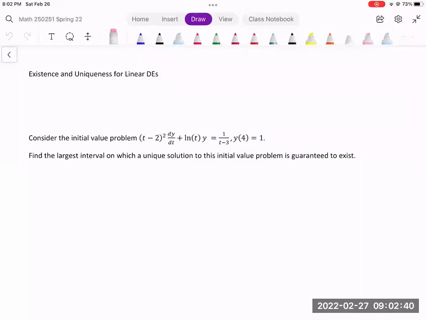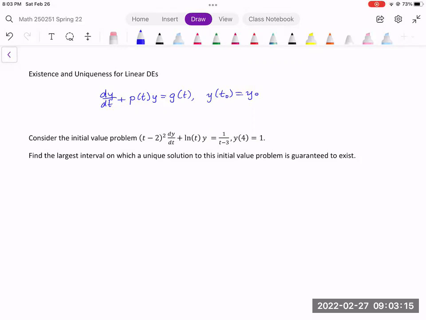In these videos, we're just going to go through a couple of examples looking at the existence and uniqueness theorem for linear DEs. So this theorem says that if we have a DE that has the form dy/dt + p(t)y = g(t), y(t_0) = y_0. Okay, so a standard form linear DE with an initial condition,